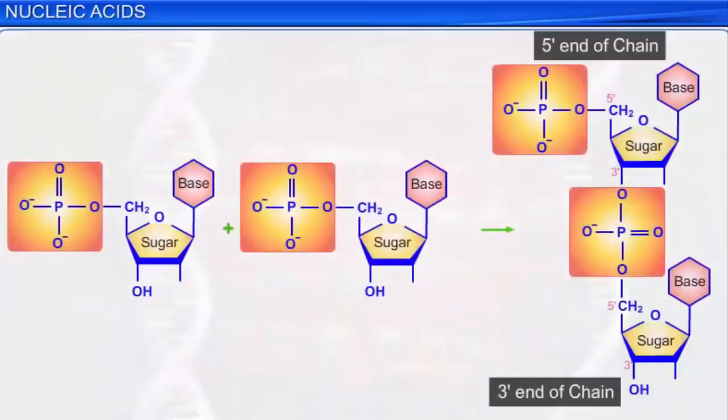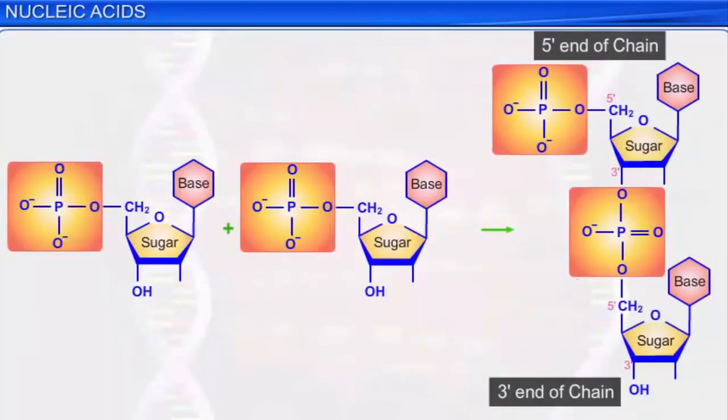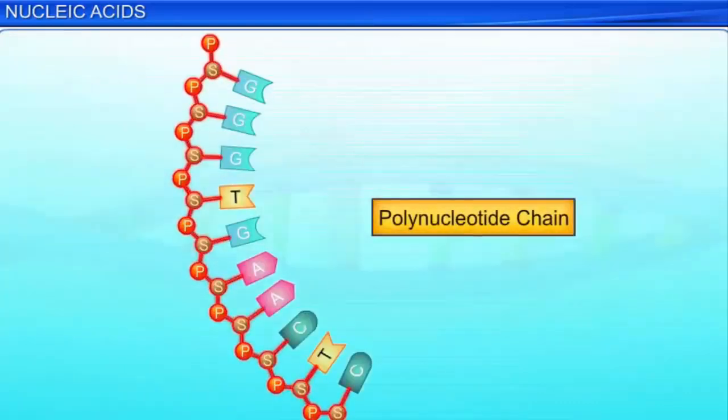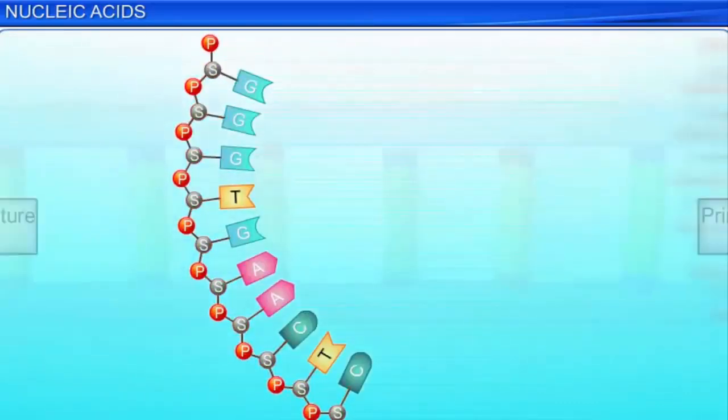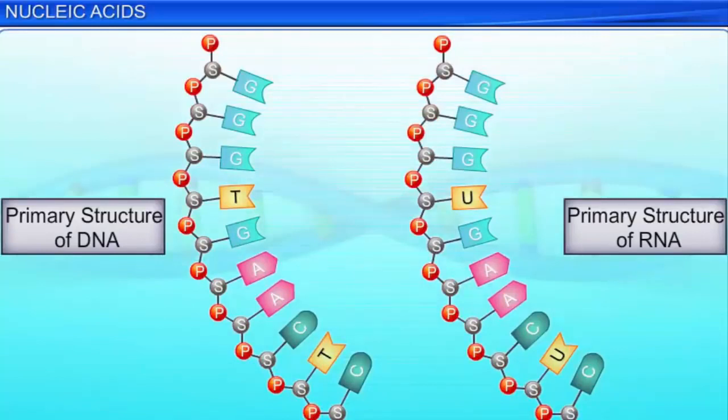Nucleotides are linked together by phosphodiester linkages. These nucleotides, which are linked by phosphate ester bonds, connect the 5' phosphate group to the hydroxyl group of the sugar at the 3' position, as shown in the diagram. The backbone of a polynucleotide chain is a repeating sequence of sugar phosphate. The sequence of nucleotides in the chain of a nucleic acid is the primary structure of the nucleic acid, DNA